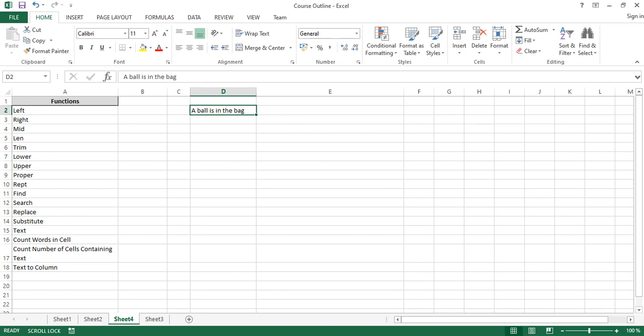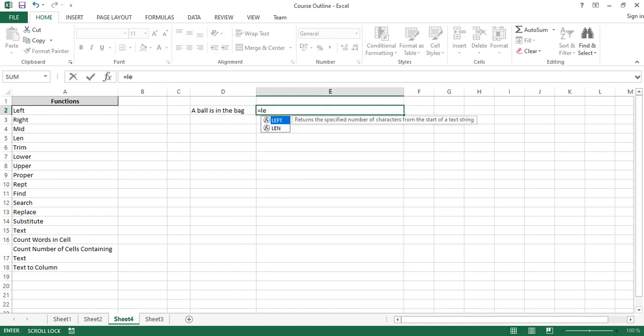So if I count the number of spaces, 1, 2, 3, 4, 5. The number of spaces will always be the number of words minus 1. Right? So if I find a way to count the number of spaces and I add 1 to it, it will tell me the number of words that you have in a cell. Let me show you a formula you can use for that. So you can basically just use your len formula to count how many words we have here. Remember? Okay, so after you've counted the number